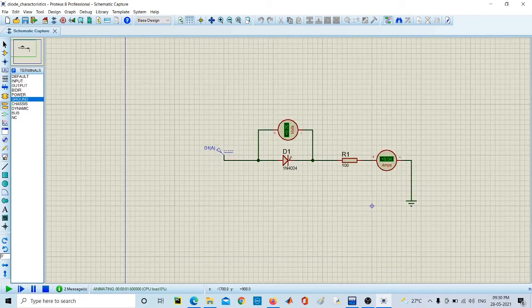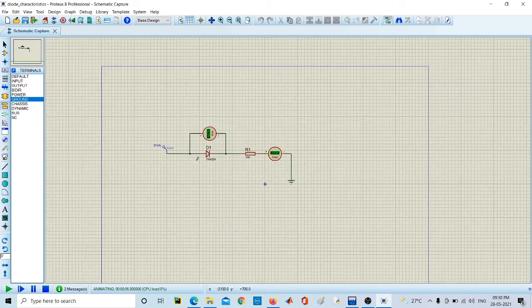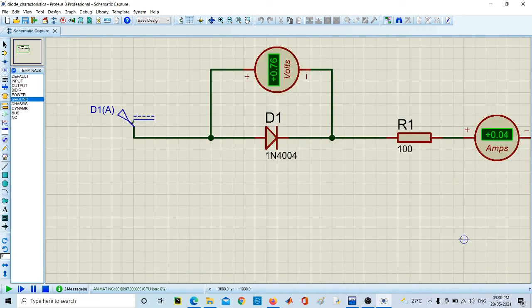You can see that, let me zoom it out. This is the current in ampere. If you apply a voltage of 5 volt, it will draw a current of 0.04 ampere, that is 40 milliampere. You can calculate the conversion for the same. And the voltage across the diode is 0.76.